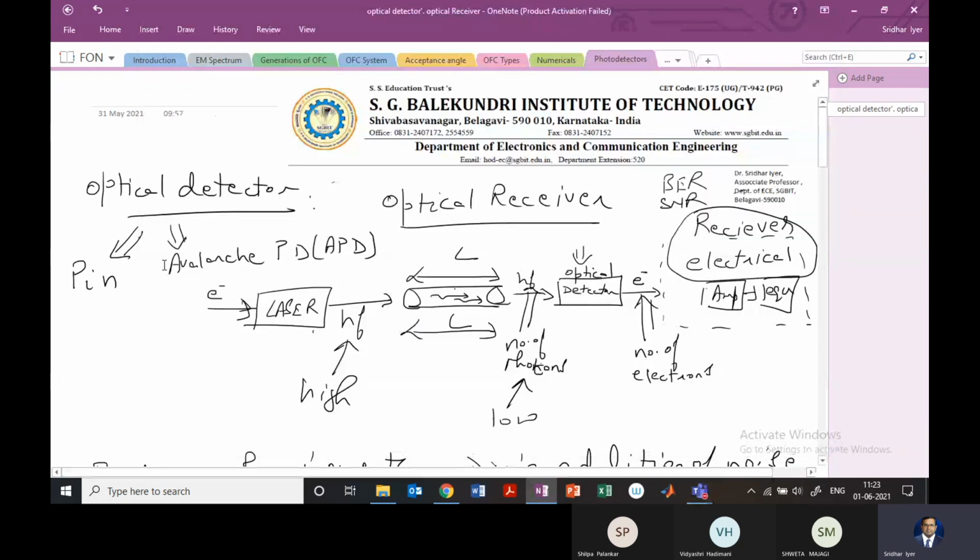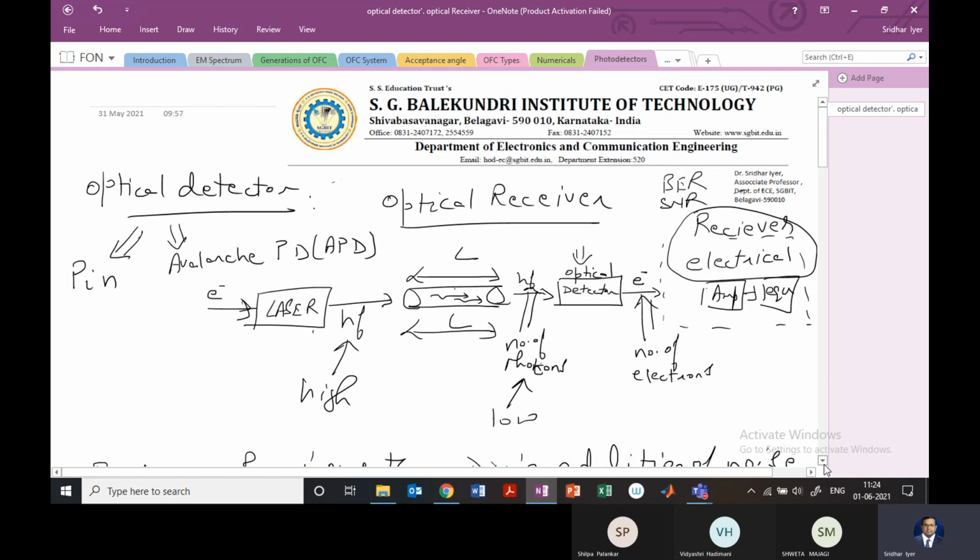Okay. Good morning, students. We'll start with the second optical photodetector today. So quick recap of what we have done. We started with the detector part. I had explained to you the difference between the detector and the optical receiver. They are joined together, but there is a difference between the two. The optical receiver will be working after the